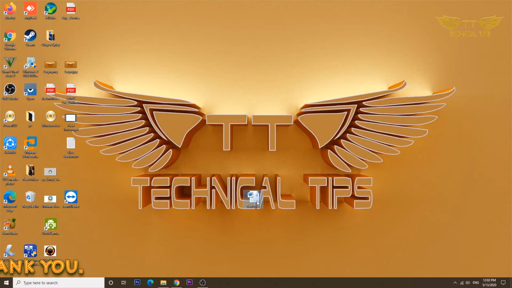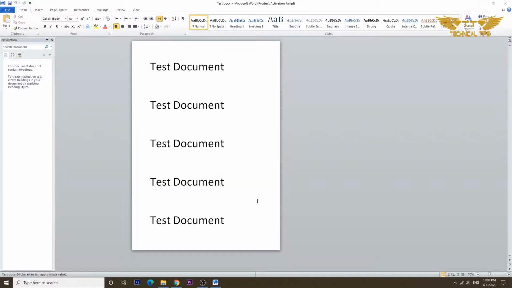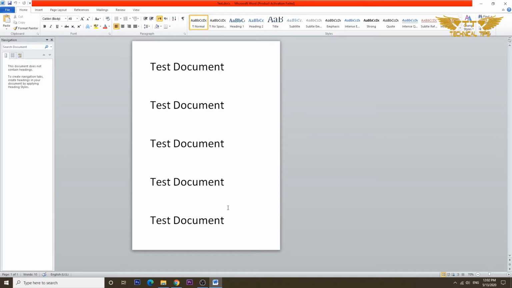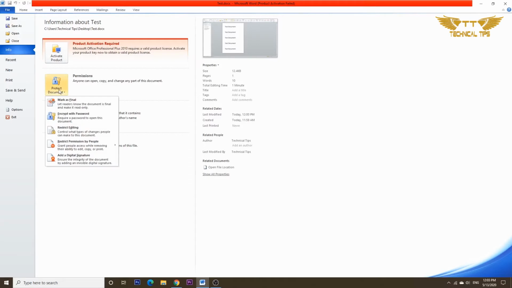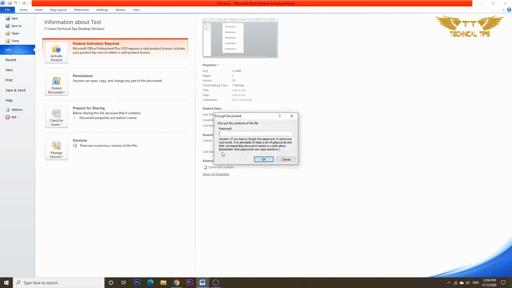So this is the document. I'll open it. Now once you have the document opened, click on File at the left top corner and then click on Info. It'll be by default on Info, but if it is not on Info, make sure you click on Info at the left hand side and then click on Protect Document. When you click on it, it will open up a list. From the list, click on Encrypt with Password, and as soon as you do that, there would be another pop-up